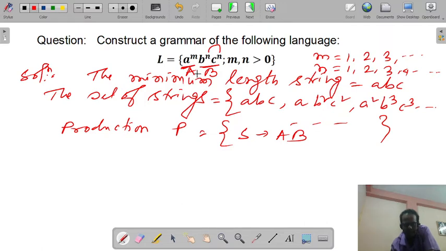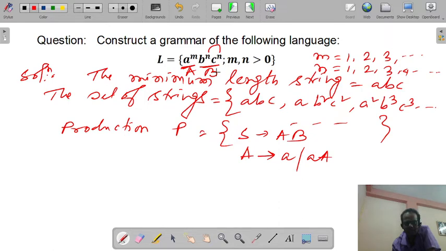A will increase the number of A. To increase the number of A, recursively it needs to be substituted. A implies small a capital A. Using this production, the number of A you can increase.